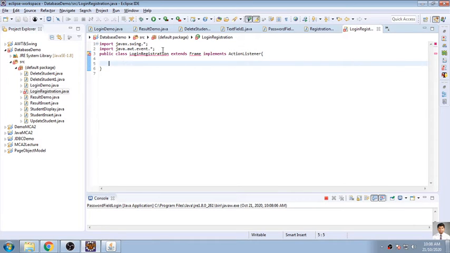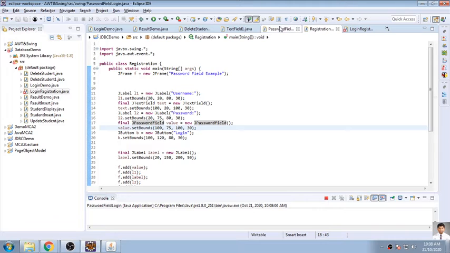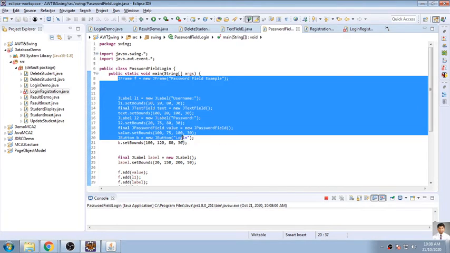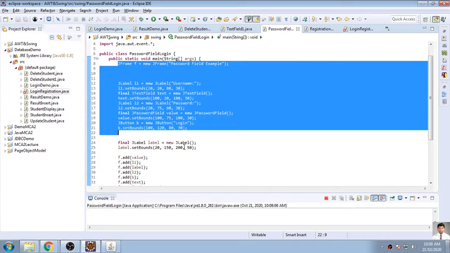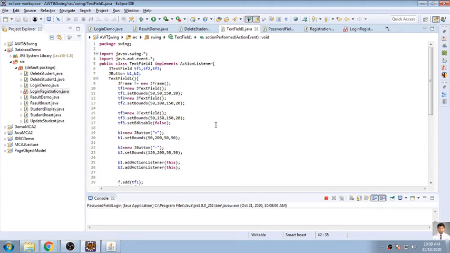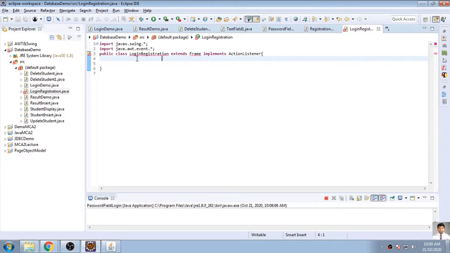So the things I want are a password field, and the basic things required we will collect from here. So I want text fields. I want text box 1, text box 2. I want only 2 text boxes.